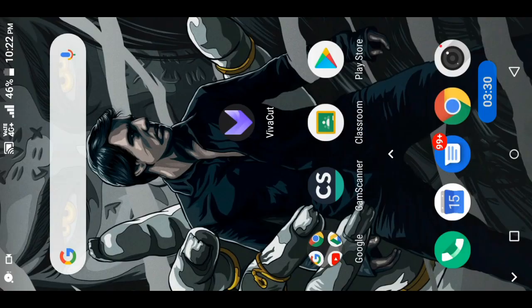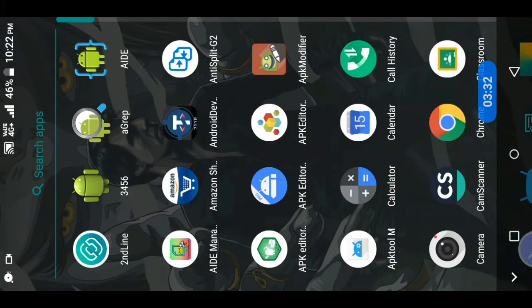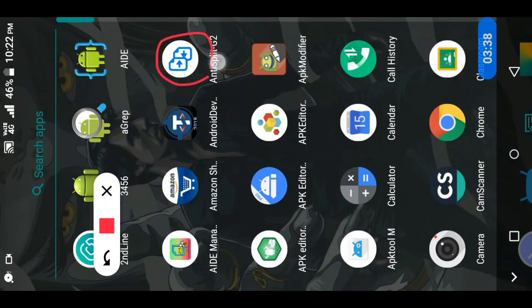Now you can see the process is completed. Now I'll click on go to. You can see it is in the form of APKs. To convert it to a standalone APK, you will require an app called Anti-Split G2. I will open this and select, you can see here, you can select APKs or zip files. So I will select here.